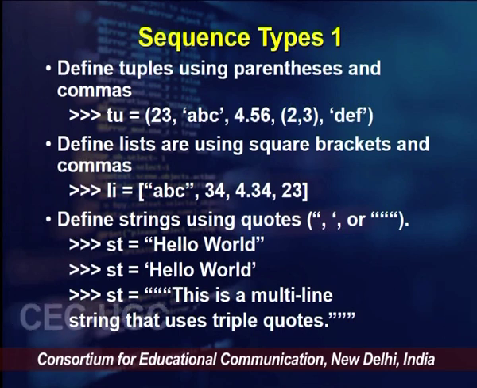Now, what is triple quote basically? Triple quote is used for a multi-line string. So, when your string is passing through multiple lines, then you will use a triple quote. So, this is how the three are defined. Tuple is defined using parentheses, list is defined using square brackets, and strings are defined using the three types of